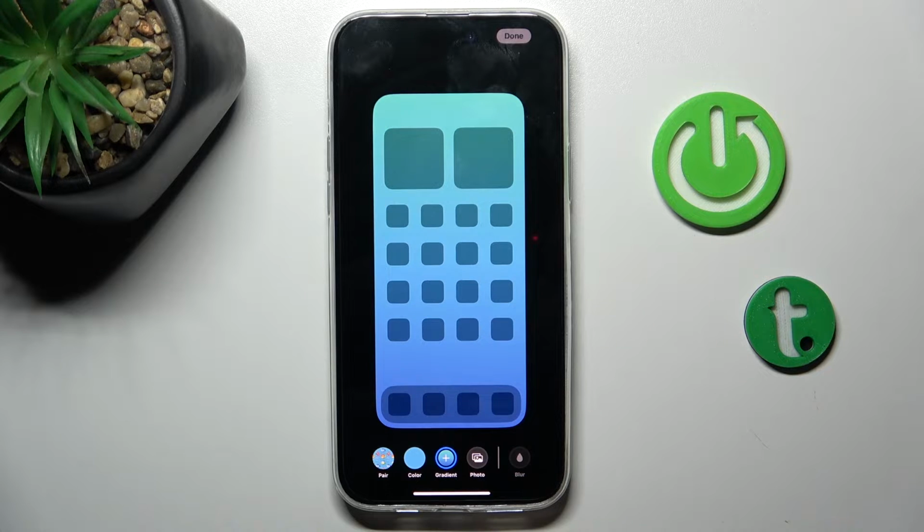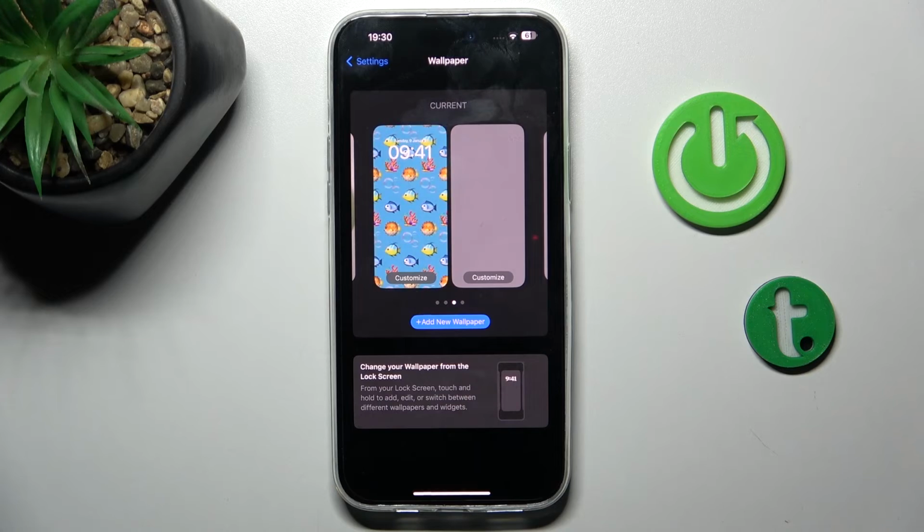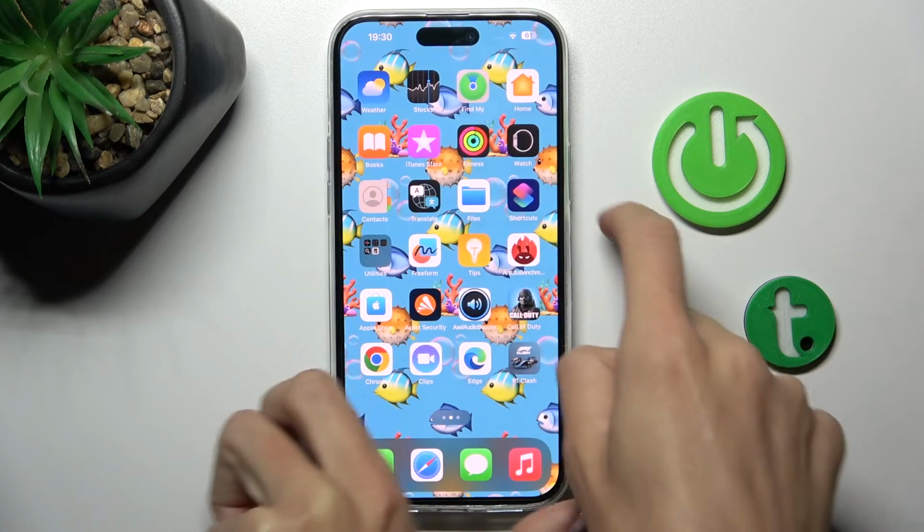You can choose the gradient, some particle color, or you can add another photo if you want to, but I will set it as wallpaper pair. Then click on Done. And that's it. From now on, this brand new wallpaper is covering both your home and also lock